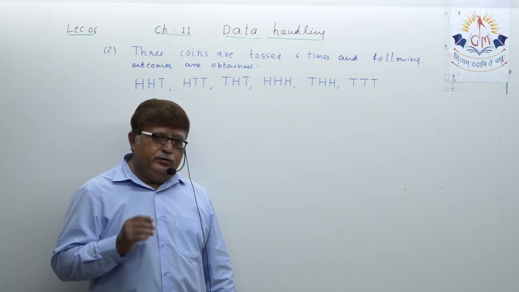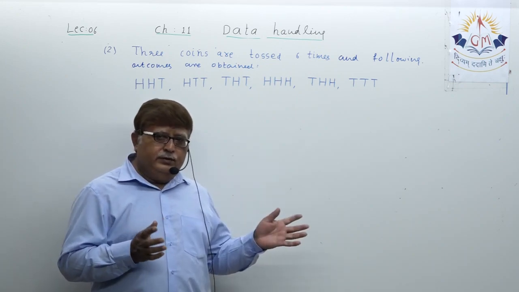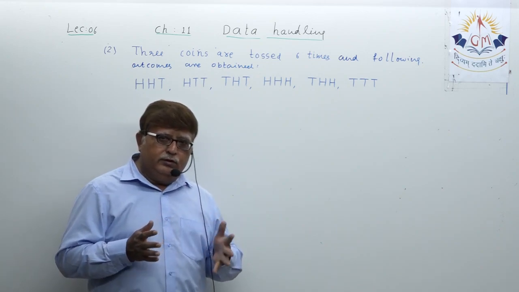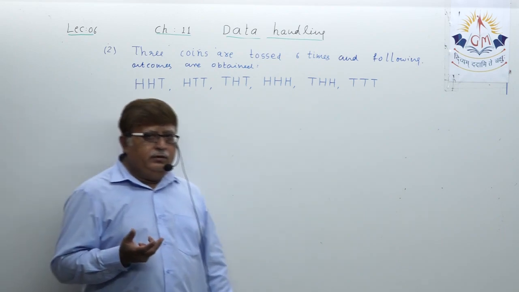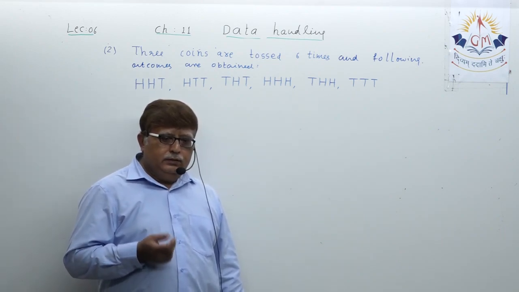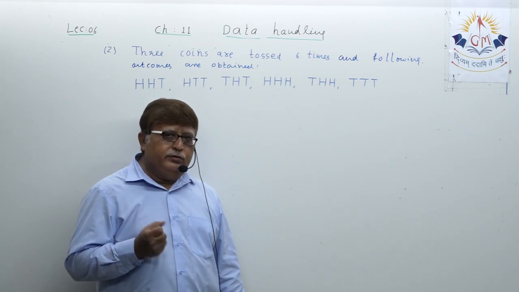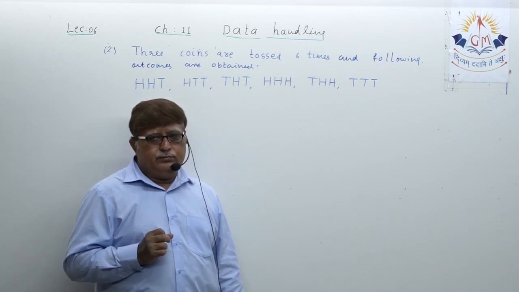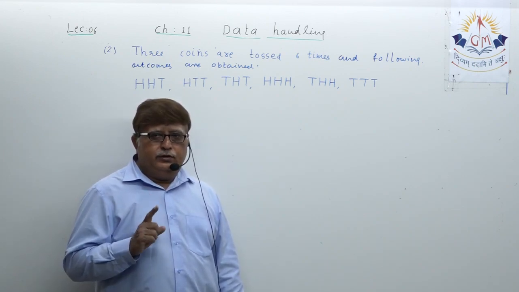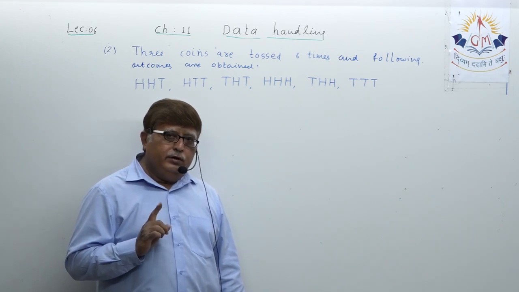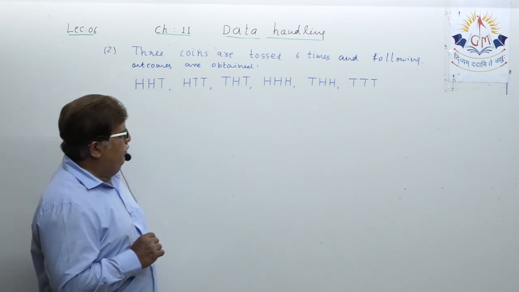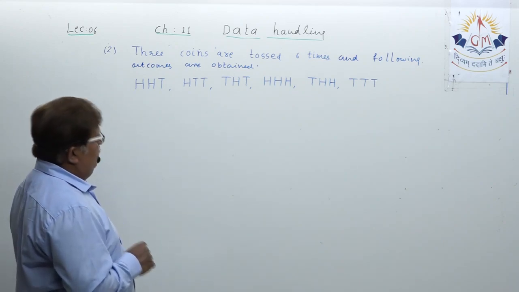Here I am changing the question. The rest, relative frequency, percentage of chance of occurrence, all the questions remain the same. The only difference in the question is that here we are preparing a frequency distribution based on number of tails. You understood this, number of tails. Okay.